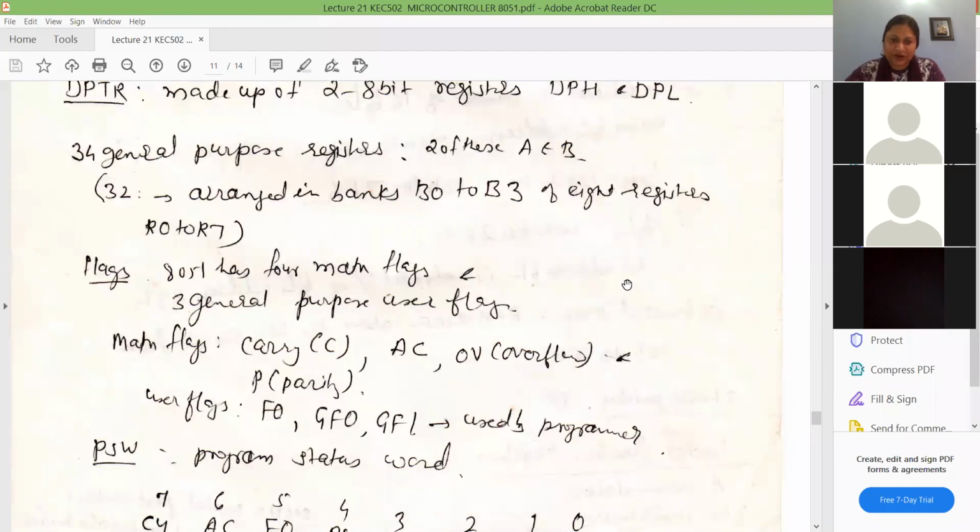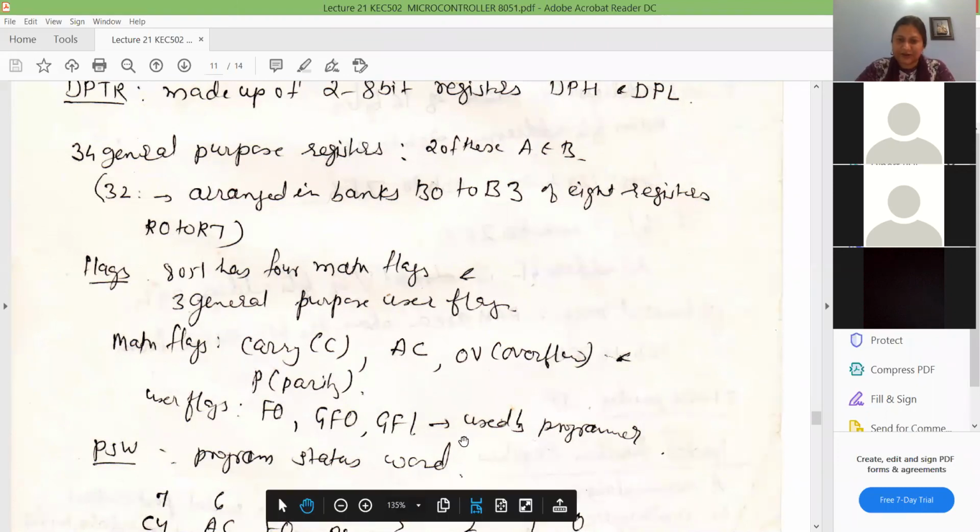So I think this is all clear to you. And if you see the flags of 8051, then carry flag is there, which is there in 8085. Auxiliary flag is there, which is also there in 8085. Parity flag is there, and zero flag is also there in 8085. Apart from this, there is another flag, overflow. If your data moves above FF or above FFFF, then the overflow flag is generated. This flag is not there in 8085.